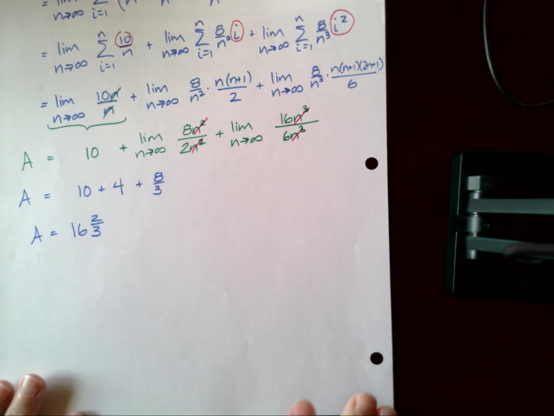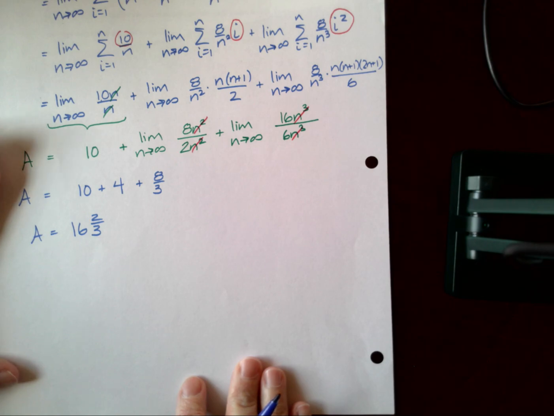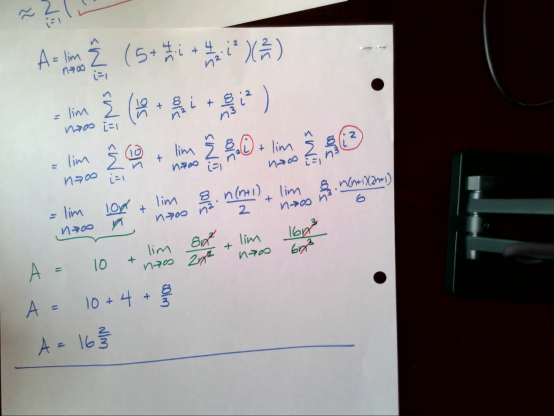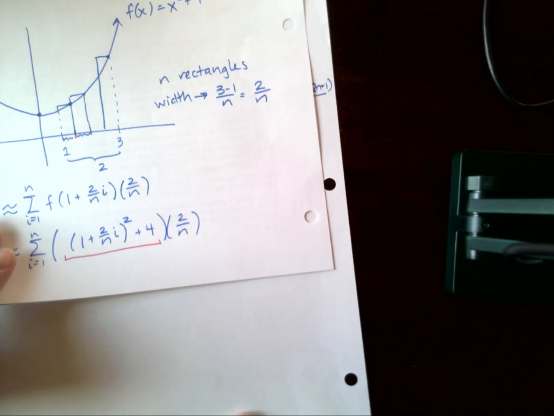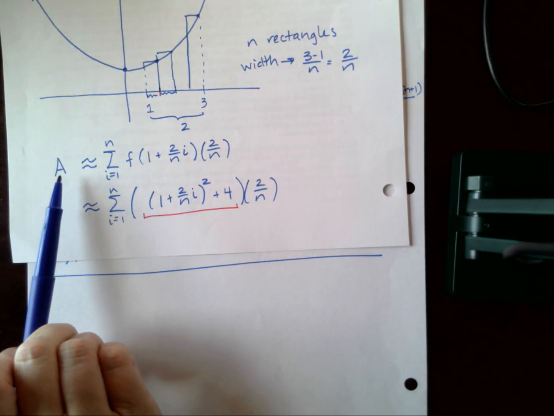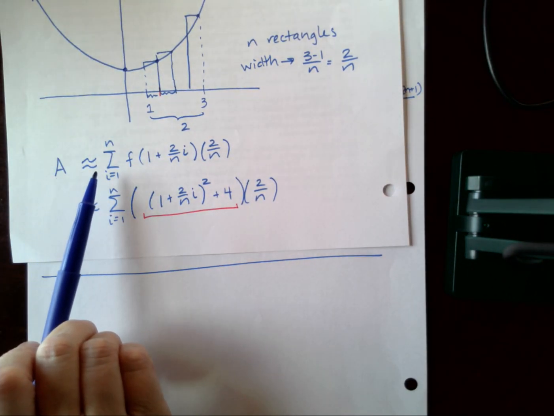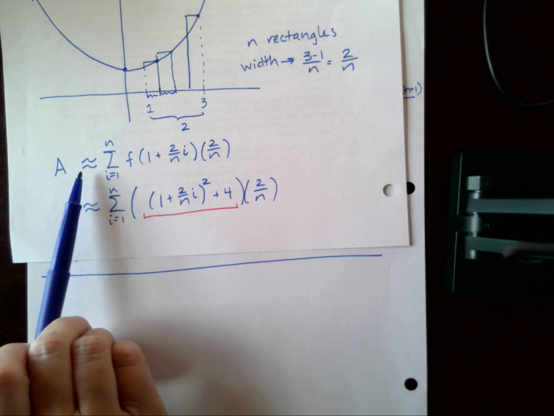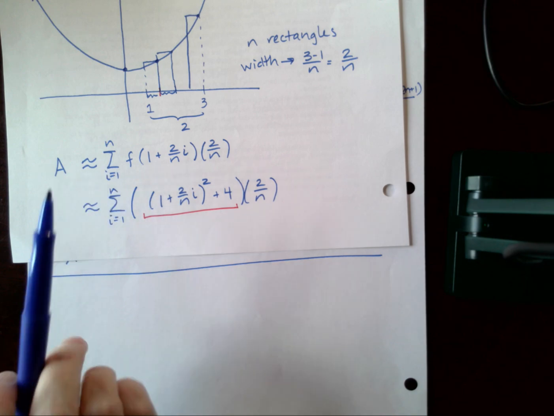Let me grab a couple things. I need some space. All right, there's that. And I need a marker. All right. We had essentially this at some point. We had this statement right here. We were using an approximation first, but if we put that limit notation on the front, we would have an exact equal sign. So I'm just going to take that and copy it